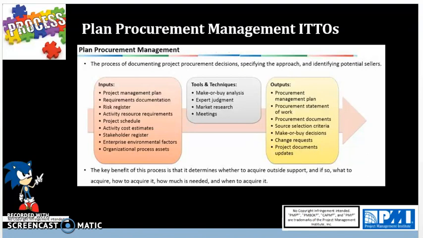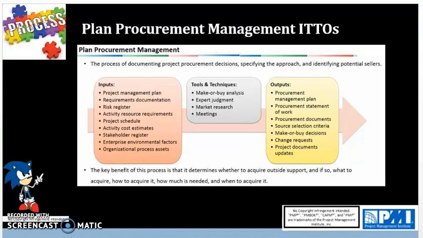So the Procurement Statement of Work, where we have a Statement of Work for each procurement, each contract, is developed from the scope baseline and defines the procurement in detail for the sellers to determine if they can provide the services or not. Then you have procurement documents. This could be in the form of a RFP, which is a request for proposal, RFI, request for information. And then you also have